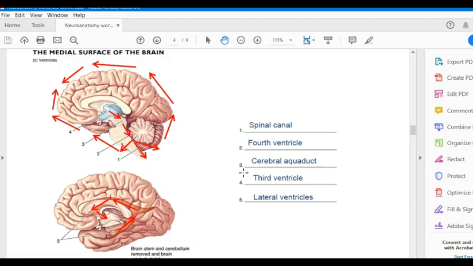The idea is that we make, this isn't showing the lateral ventricles up here, but we make cerebral spinal fluid starting up in the lateral ventricles of the cerebrum, and it goes down to the 3rd ventricle, through the cerebral aqueduct to the 4th ventricle, and then some of it goes down the spinal canal, some other parts of it emerge and then circulate around the entire brain. His argument is that this is an incomplete story, though, because some of what happens is that once we get outside the brain to the surface of the brain, then we would have,